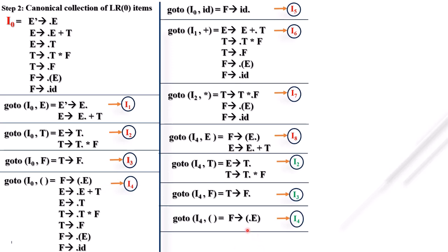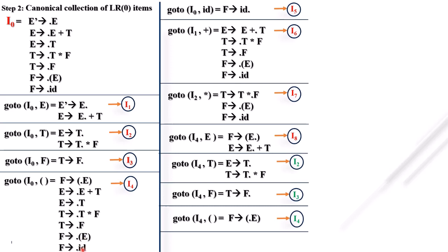Okay, if you write all the productions here, then it is valid. If you don't write, then it is also valid. But the first time you have to write all the productions. If it is repeated, then and only then you do not need to expand that non-terminal. Okay, I4 of opening bracket is completed.